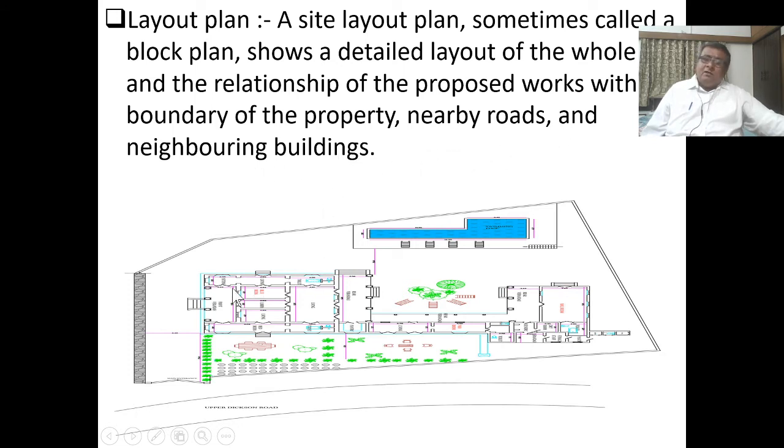This shows the layout of the plot, and the neighboring plots are also shown. The position of the roads is also shown on the layout plan. This is the swimming tank in this building, and these landscaping features and neighboring buildings are all shown here.